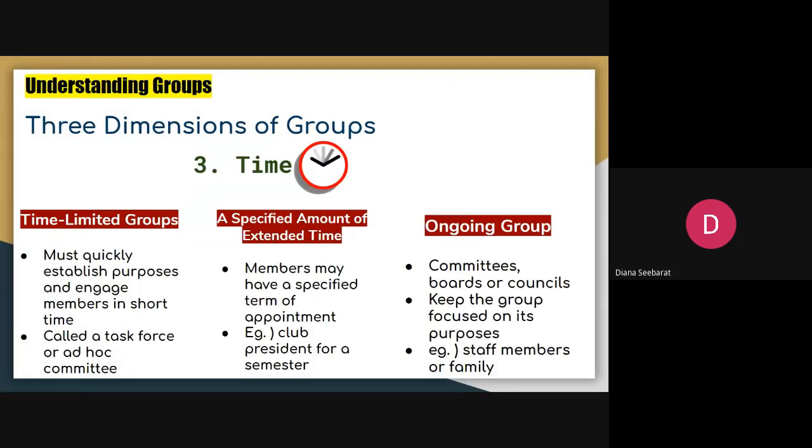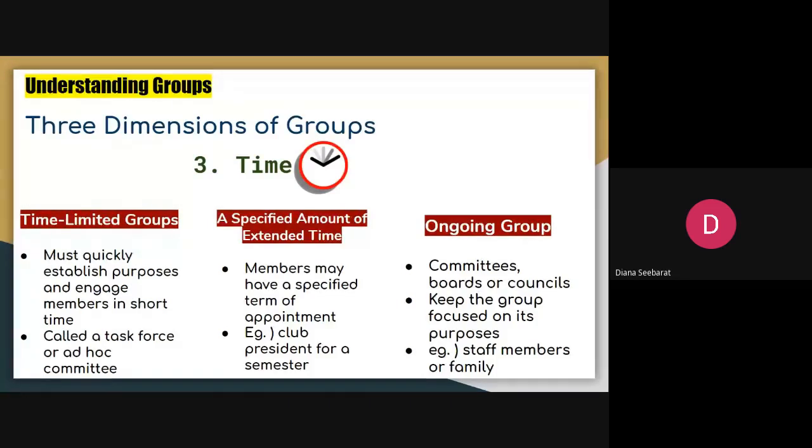And an ad hoc committee is formed for a specific purpose, serves as a temporary committee to help a particular project. So, for example, in secondary school, when you heard certain teachers were part of the committee to organize sports day or bazaar, and that would just last until the event is finished.